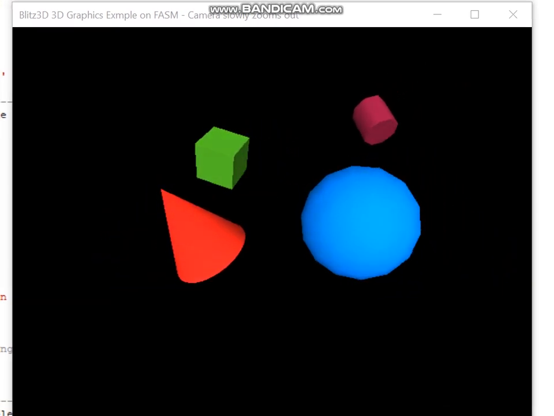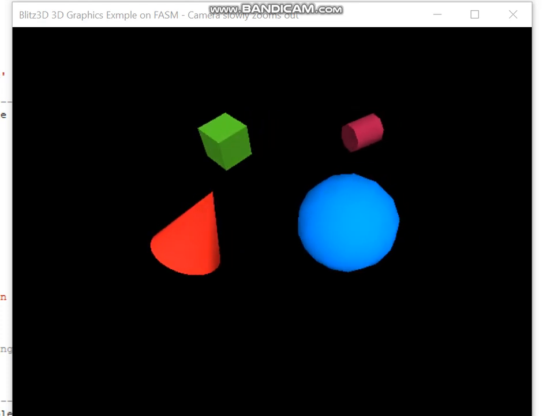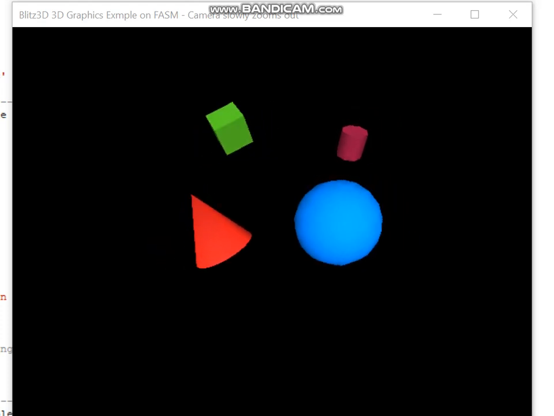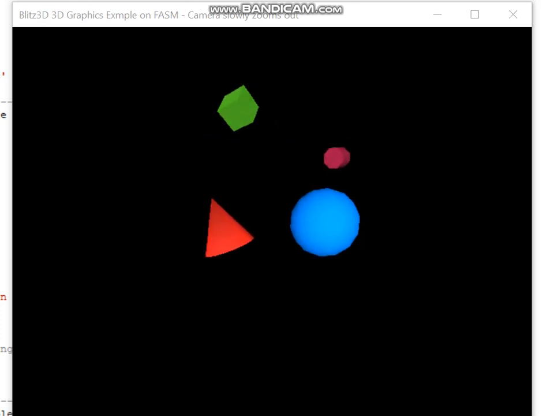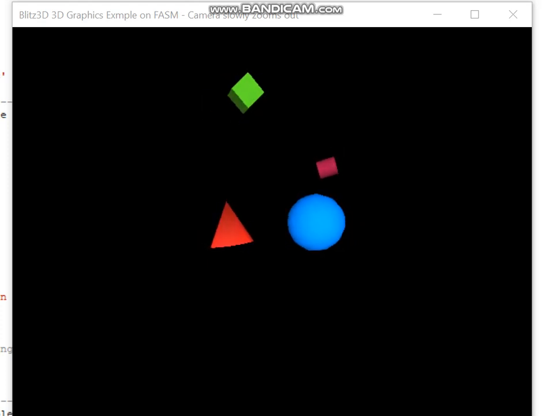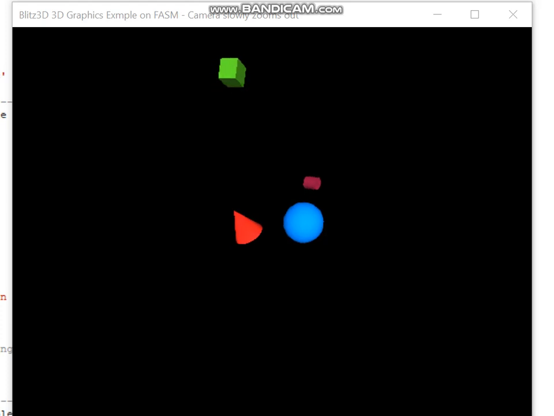So here we've added a cylinder, so we've got a cone, a cube, a sphere and a cylinder all swirling around, and we've also got a camera that's slowly zooming out, so that's why the objects are fading into the background, as we've got this camera that's very slowly zooming out. And so this allows us to, before we create the 3D game world,